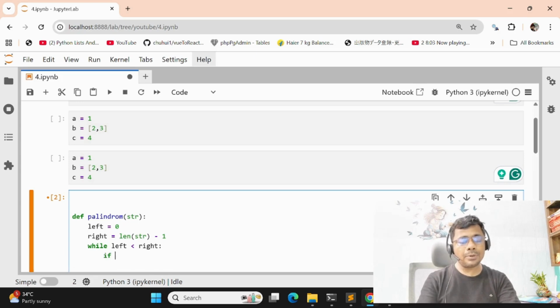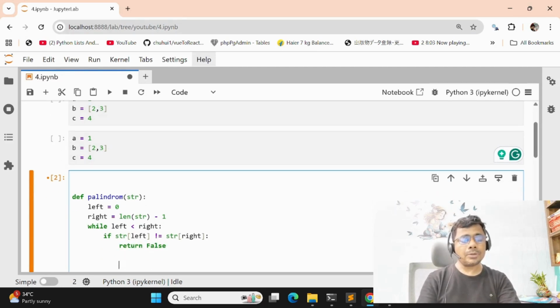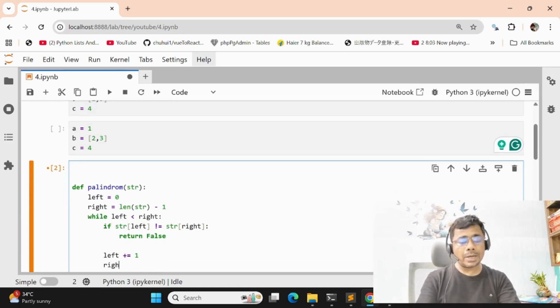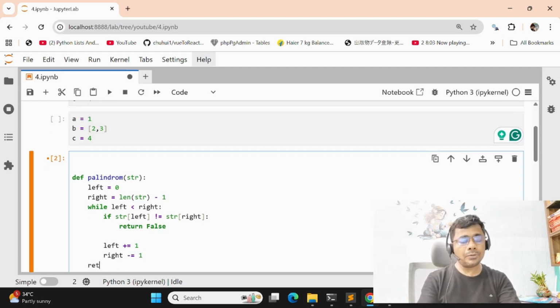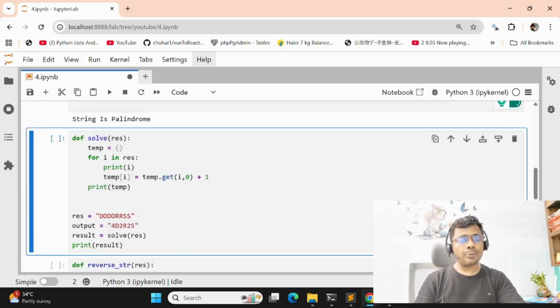Then we check if str[left] is not equal to str[right], that means the string is not a palindrome, then return false. Then left plus equal to 1, right minus equal to 1, then return true. Then we run the program, and the output will be string is a palindrome.